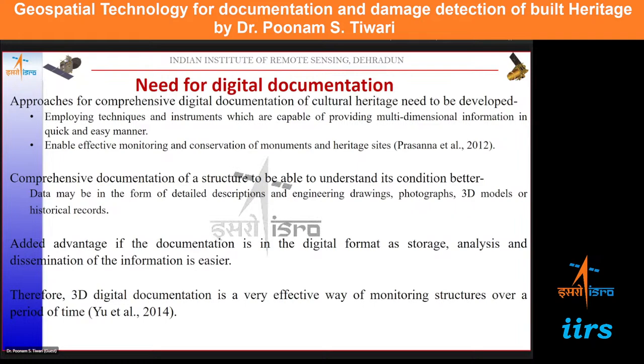The comprehensive documentation of the monument will give us the engineering drawings, photographs, 3D models, historical records, all the ancillary information, everything in one place. So in short, 3D digital documentation is a very effective way of monitoring structures over a period